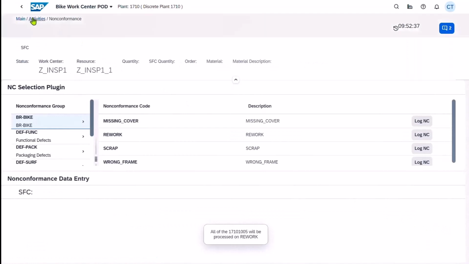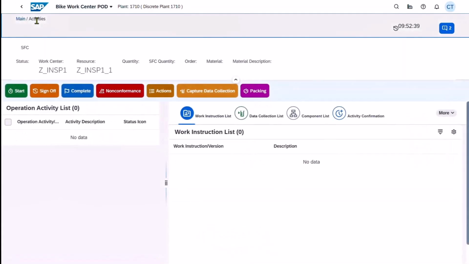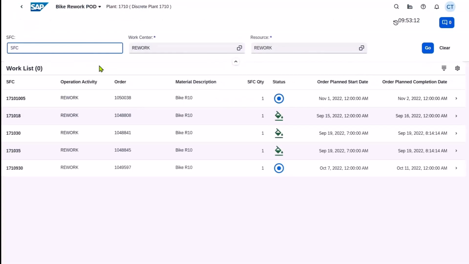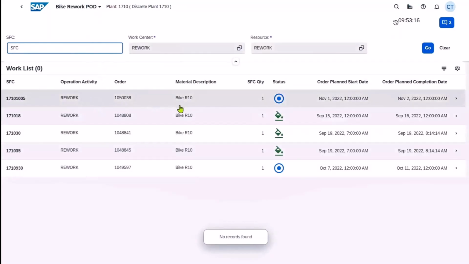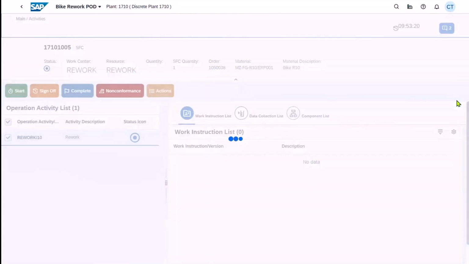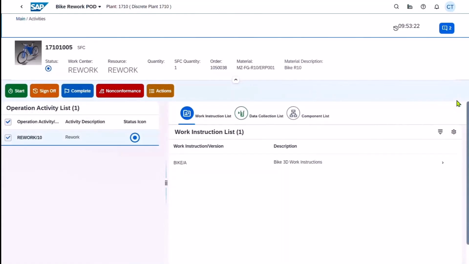So now our SFC is going to be processed as a rework order, and it's disappeared off the list here for the inspection, and it'll be in our rework pod. So go into our rework pod, we should see a new SFC created for the rework. And if I go into the details here,